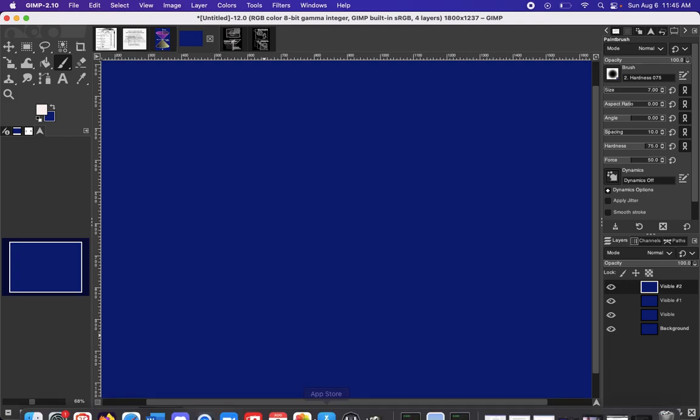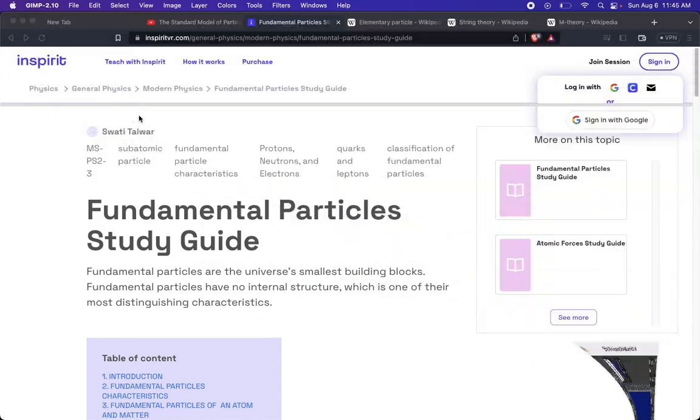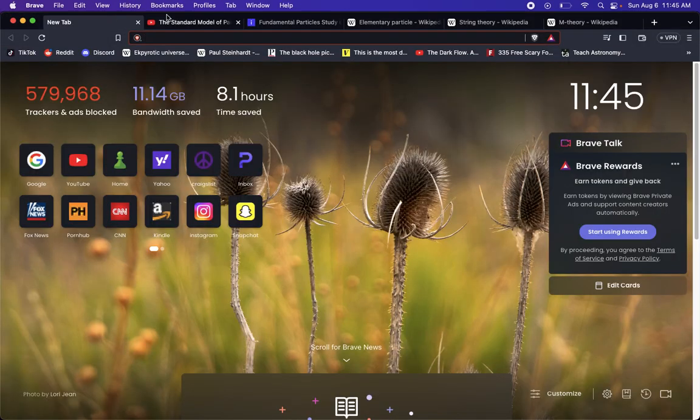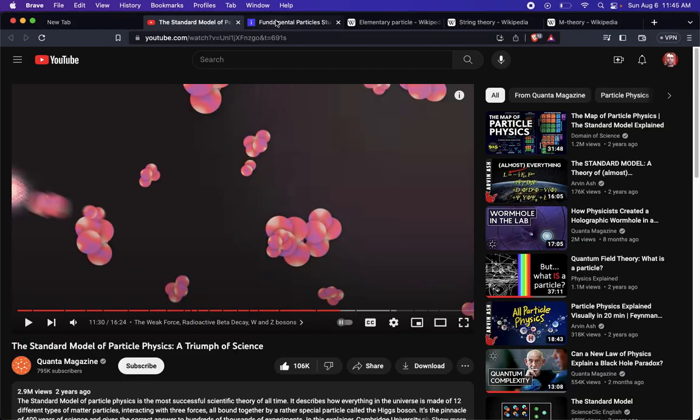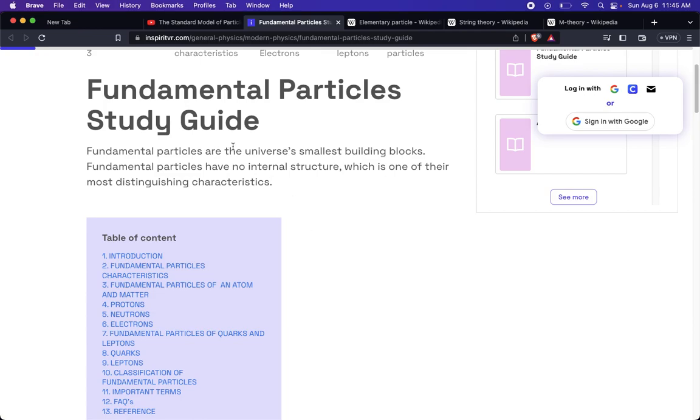So I wanted to bring up a web page here, which I'll just use a brief portion of under fair use policy, but this is a fundamental particle study guide.